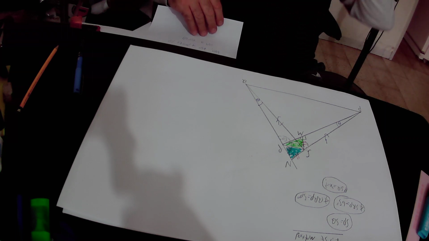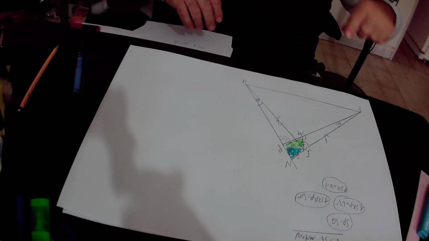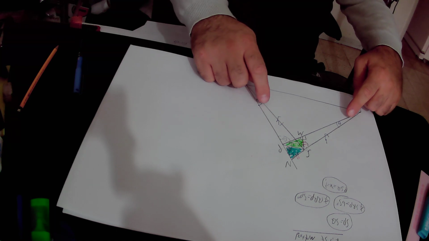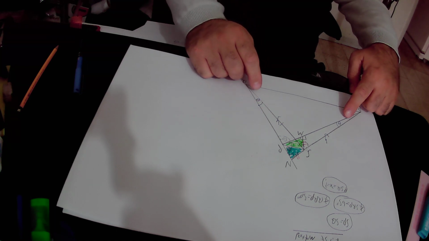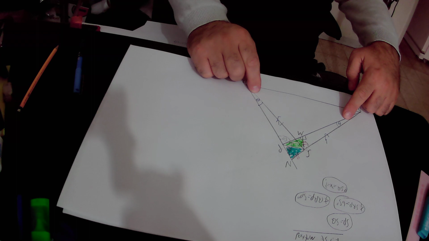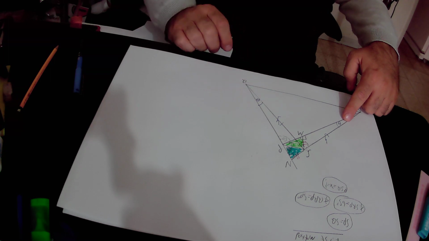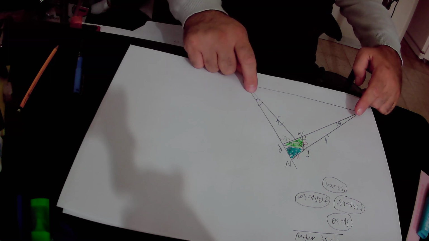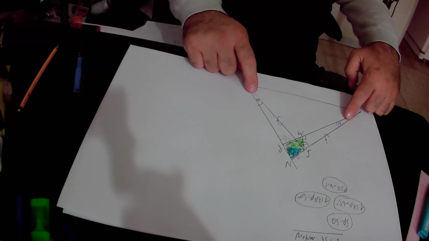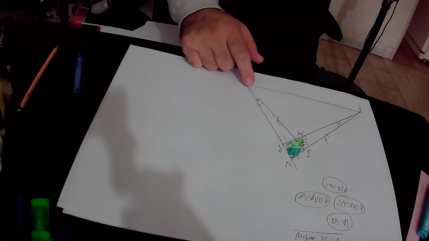Okay? From the fact that those two right triangles are congruent, we can conclude that those two angles are equal to each other according to the rule that corresponding angles in congruent triangles are equal. So if this angle is theta, this angle will also be equal to theta because those two angles are equal to each other. And then